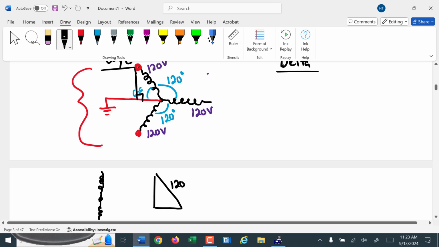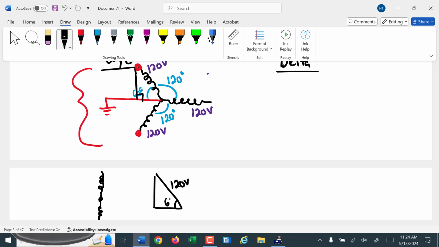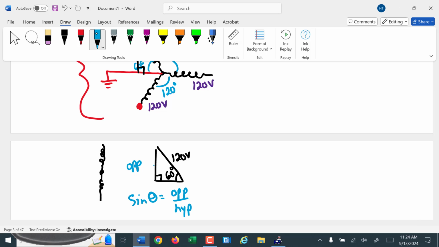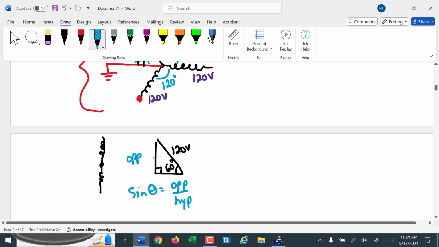If this is 120 volts here and this is 60 degrees, and this is my right angle, this opposite side is the opposite side. Opposite side and hypotenuse form the sine. If you recall a little bit from 2 semesters ago, the sine of an angle is the opposite side over the hypotenuse. So to find this size over here, that amount,